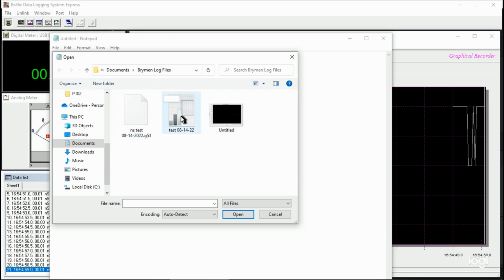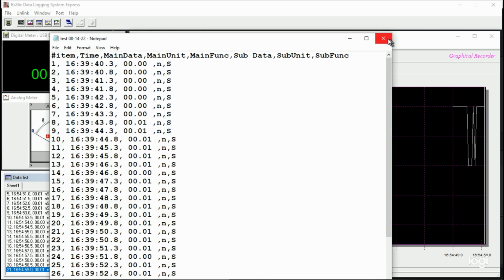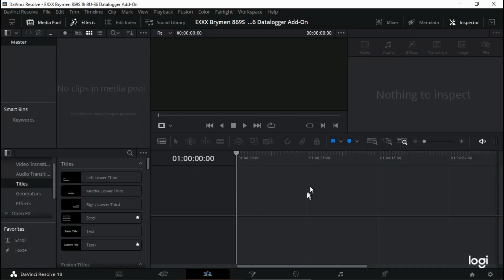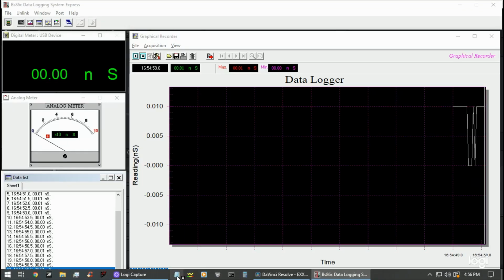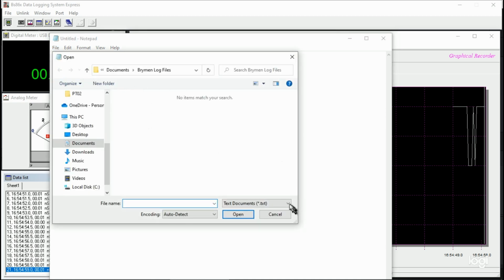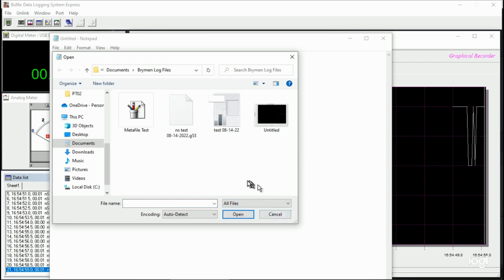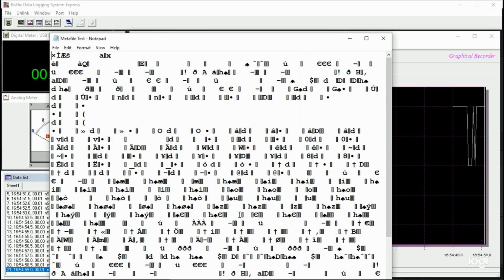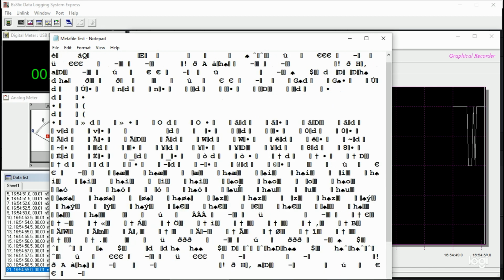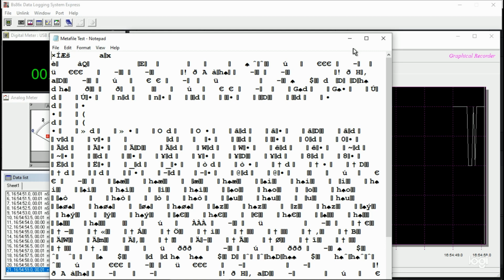Spreadsheet, G53. Oh, I didn't export it again. Okay, let's try that again. Got to do that pesky little export function. And that is more coded gibberish, so I'm not sure exactly what type of format that is, but those are the